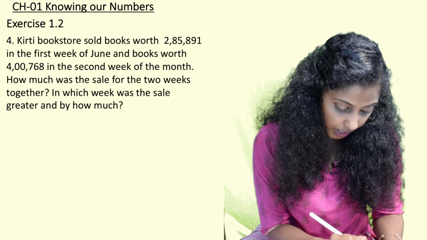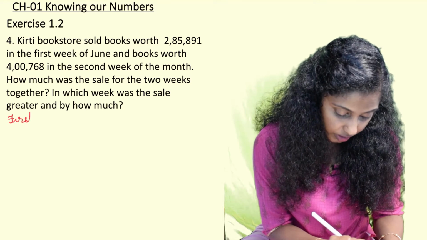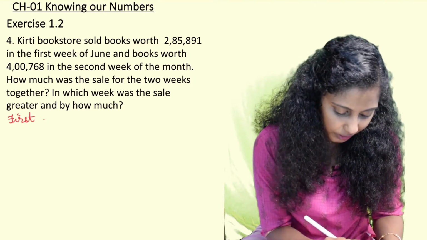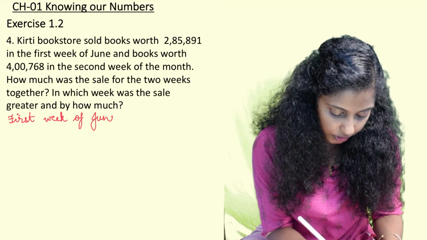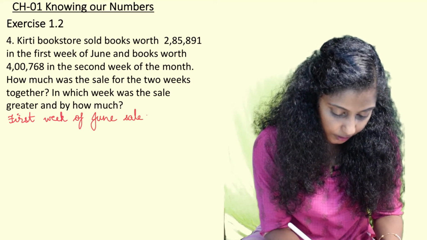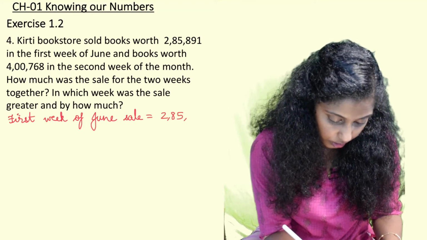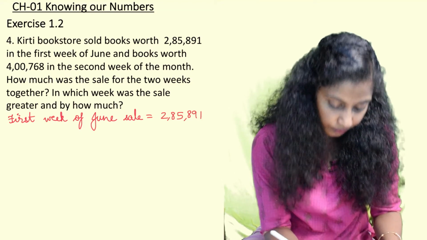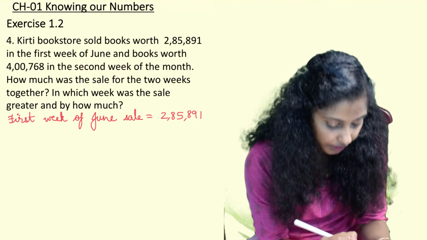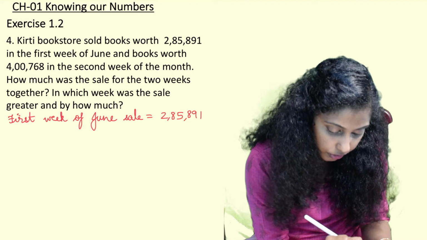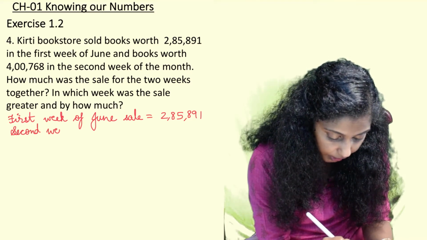So we will write first week of June. Sale in first week of June, but it's okay. We can write first week of June sale is equal to 2,85,891. Here we are not bothered about smaller and bigger number because firstly we have to find out the total. So in total we can write in any order. And then second week